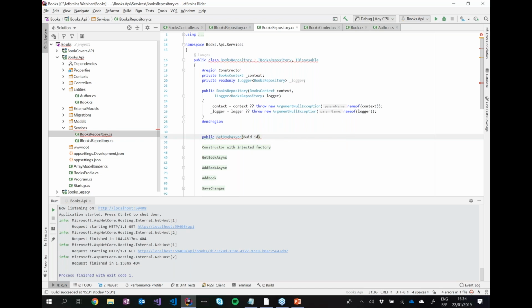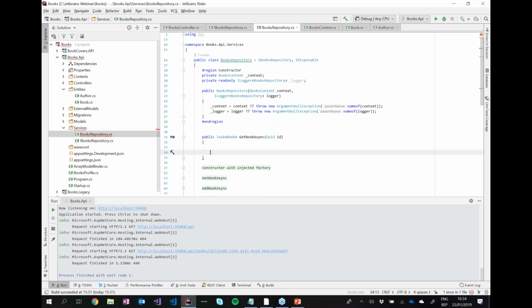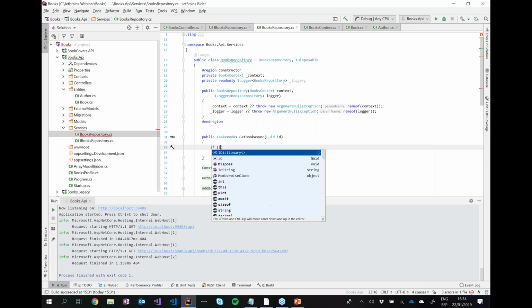Something along these lines. And we want it to return a task of book. That should get rid of our error. What we want to do in here is, well, first, of course, we want to check the input. So we check whether or not the GUID is empty. So if ID,